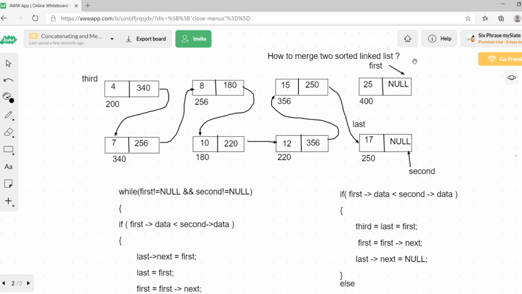When it reaches null, you have to stop the process and attach the second list directly to the end of the last node. So you will only be visiting all the nodes of one linked list. Either way, suppose this is 1, 2, 3, 4 and this is 5, 6, 7, 8, you will completely travel the second linked list, or otherwise you will completely travel the first linked list. This is the best case, because only one linked list is completely traversed, and the other linked list you will not traverse in the best case input.